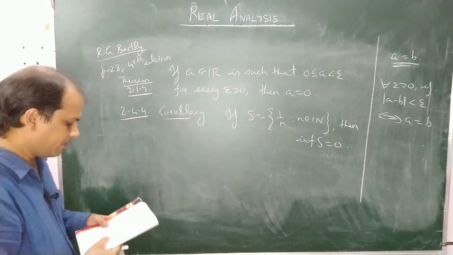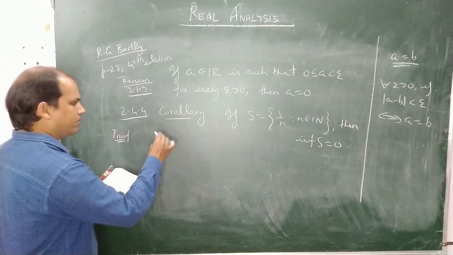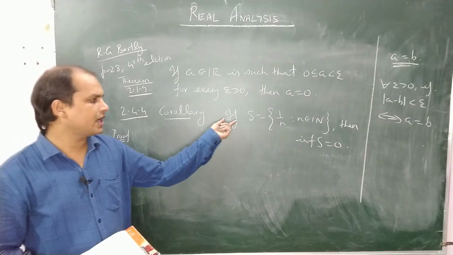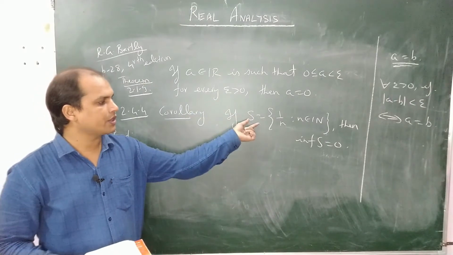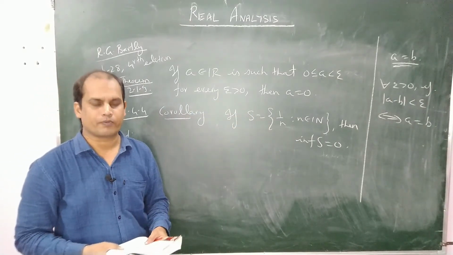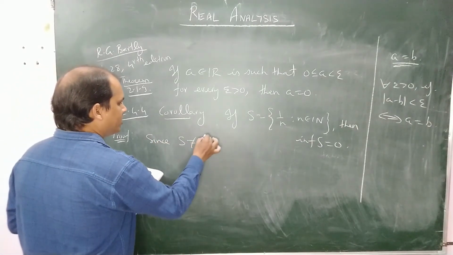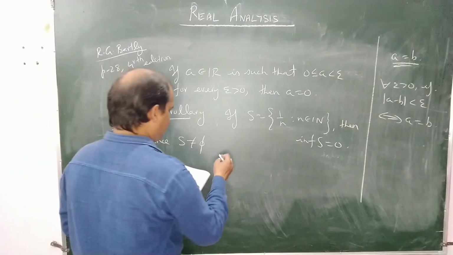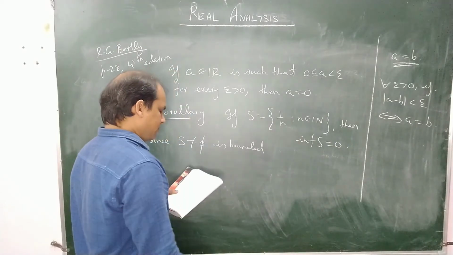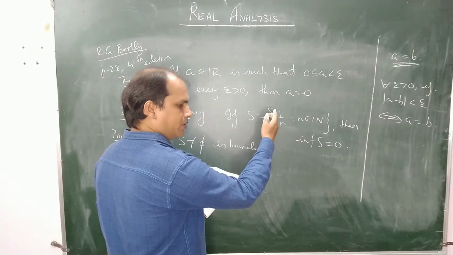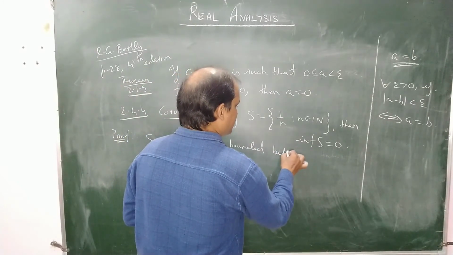So in this proof, as per your book, the concept I have already explained. But using this statement, one can also argue that its infimum is 0. Let me write first the proof, then I will explain again. Since S is non-empty, clearly this set is non-empty and is bounded below as well as above. All real numbers, including 1 and greater than 1, are its upper bound, and it's also bounded below by 0.